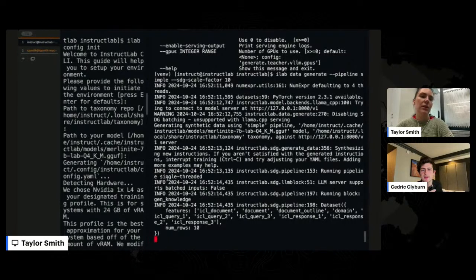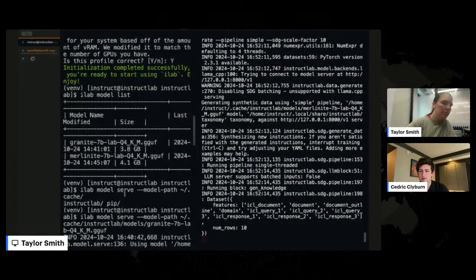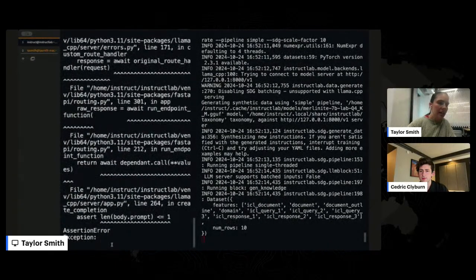And I'm questioning in real time how long to ask. I'm looking at the logs here, I think right after you ran that command. So yeah, it says connecting to model server at localhost. So that's the model we're serving from before that we downloaded, right? So as part of, good question. So as part of the data generate, it serves the teacher model, which if I go back over here,